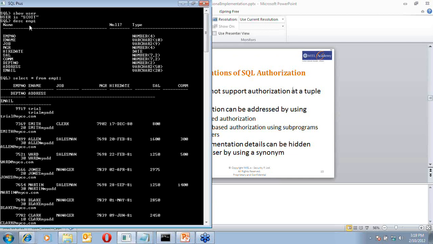And the schema has got one table named EMP1. Now this table has got columns like employee number, name, job, manager, hire date, some salary, commission, department number. And it also has got the address and email columns for that employee. Now there is some data in this table.